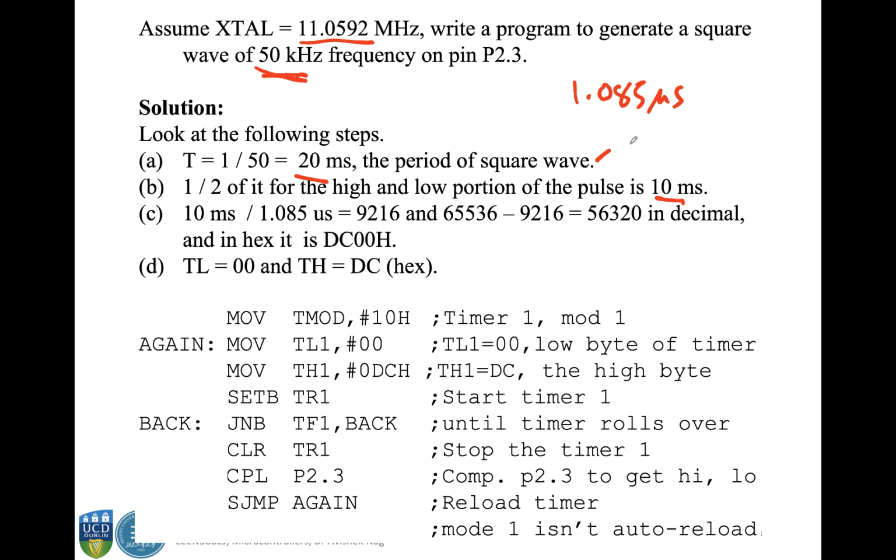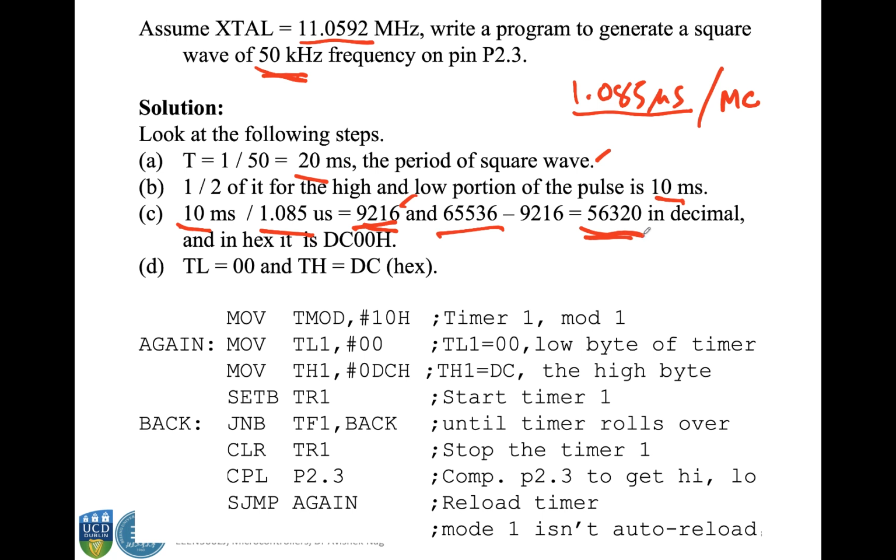So to make 10 millisecond from 1.085 microsecond per machine cycle, the number of machine cycles you need is 10 millisecond divided by 1.085 microsecond. So these many machine cycles you need, 9216. So if you now deduct this number from 65536, then this is the number in decimal that you need to load in your TH0